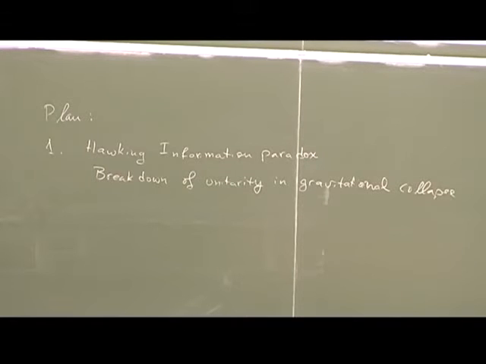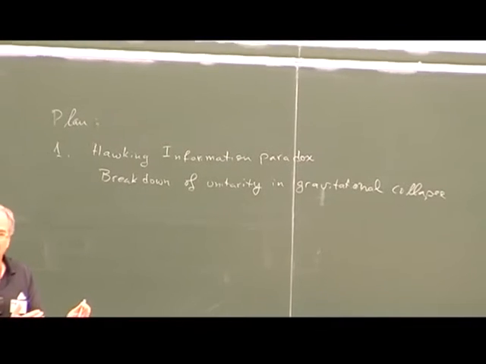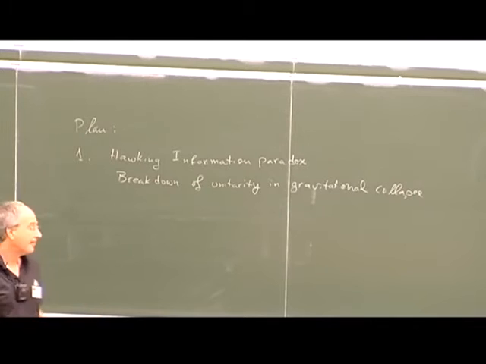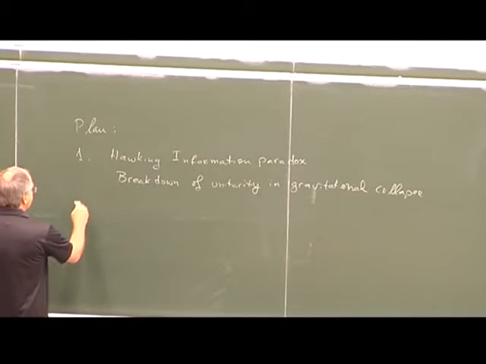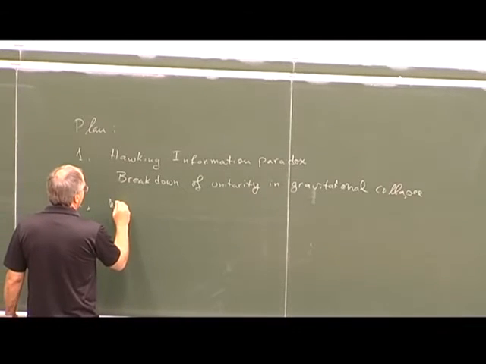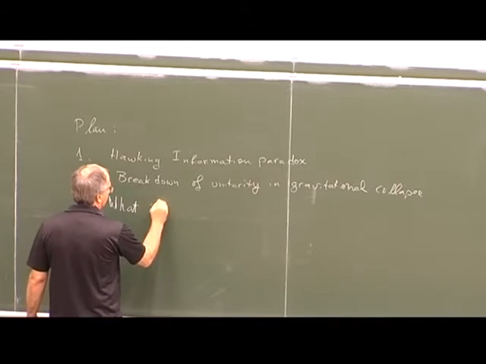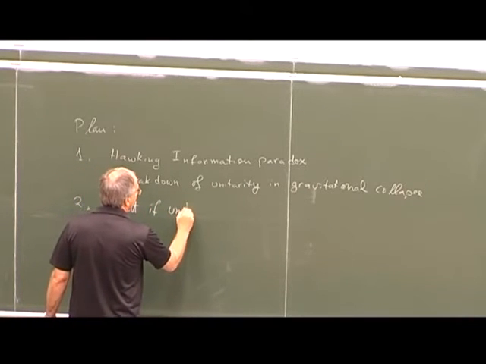So that's essentially taking the point of view of general relativity, letting it be the guiding principle, geometry, general relativity, and then we find that unitarity is broken. Then the second part